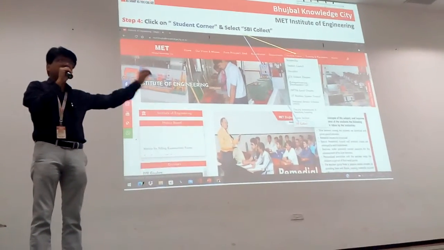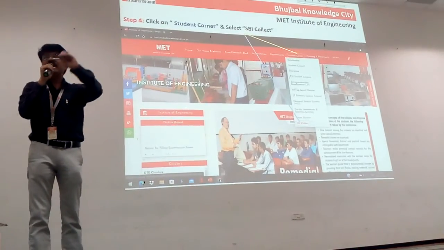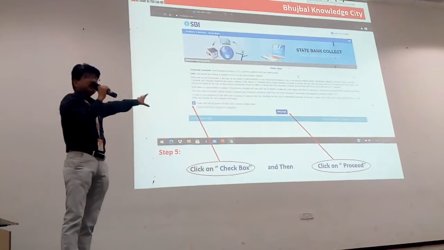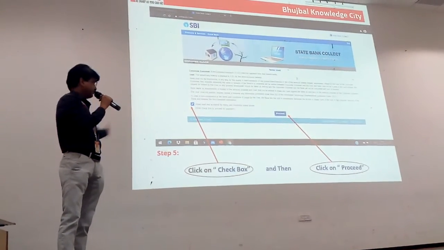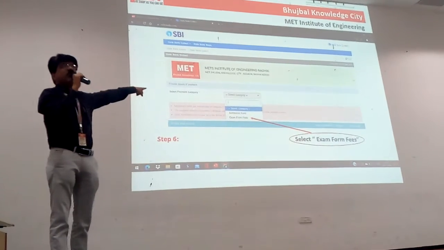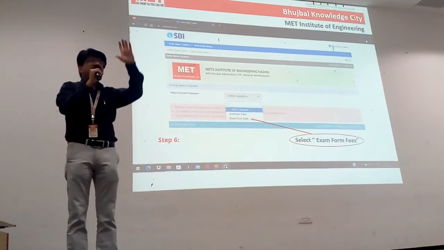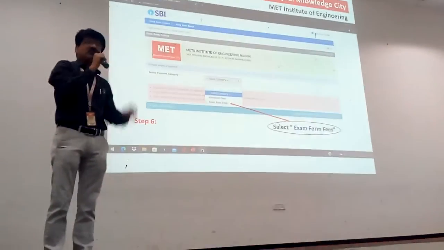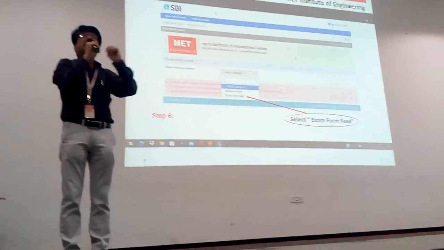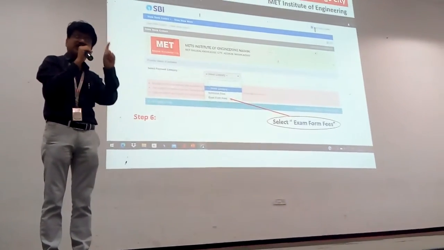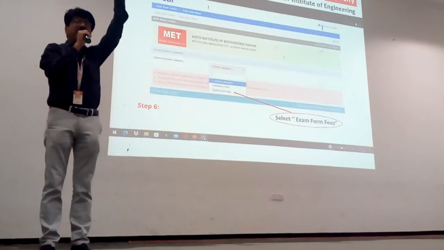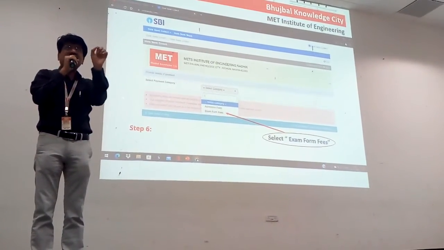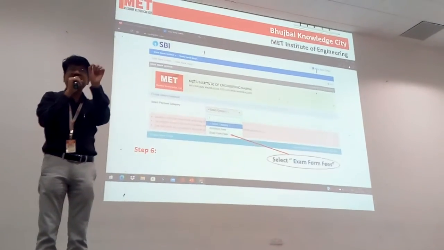You can pay your regular department fee or you can pay the examination form fee also. If you click on that, in between this is the agreement. If you proceed, this window will come, or another window may come, which is demanding the state. So select Maharashtra state, then select the category of the field, educational institutes, and under that you will find so many colleges, and others also. There you have to search MET's Institute of Engineering.